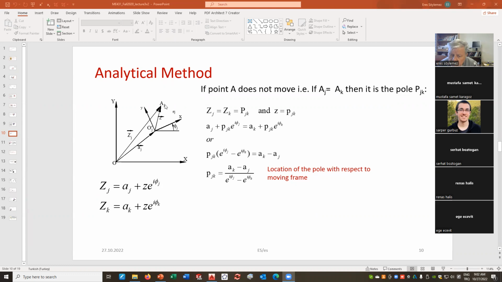Let us consider a point A on the moving body. Here is a point A on the moving body at J's position. A is on the rigid body. At the J's position, relative to the fixed frame, it is Aj. Since A is a fixed point on the moving body, its coordinate will be z, where z is equal to x plus iy, x and y measured with respect to this moving frame, meaning x,